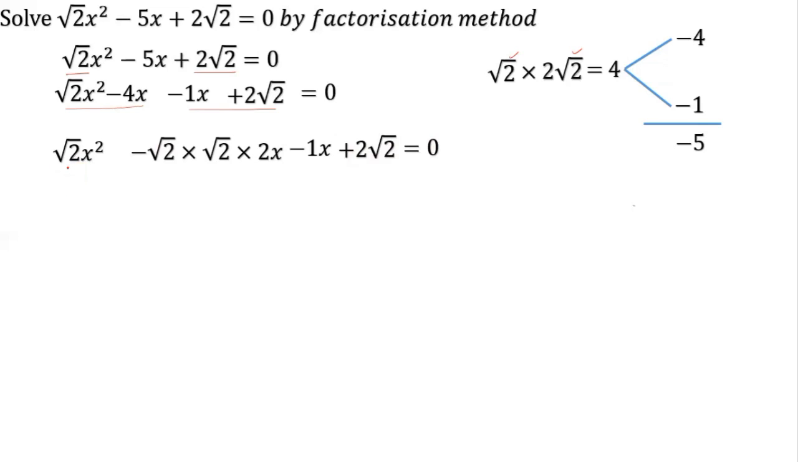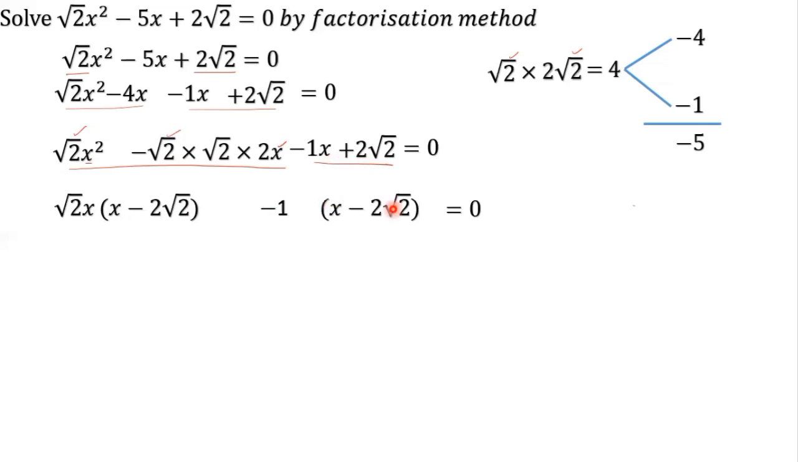Now in the first and second terms, common factor is root 2. Then x square and x, common factor is x. So take root 2x outside, then remaining x minus 2 root 2. Minus, nothing is common in third and fourth one, so 1 is common factor, minus 1 into x minus 2 root 2